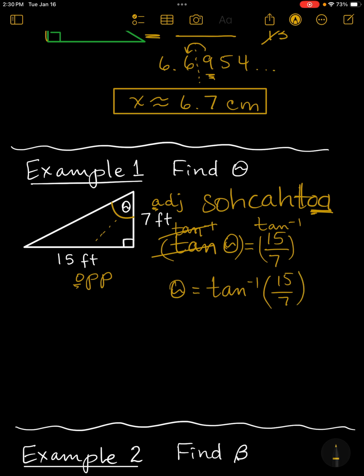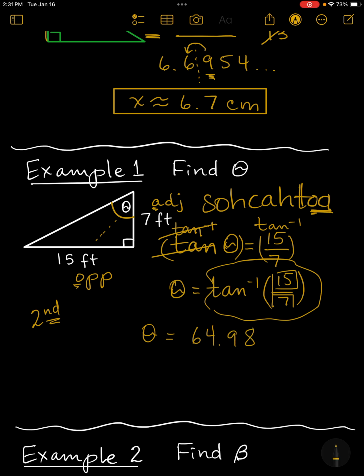Grab your calculator. You're going to have to hit the shift or the second button first in order to get the inverse tangent. Also, it'd be a good idea to use your fraction key on this part. And you want to try to make it look just like this to get your best answer. So once you punch that in, you should get that theta is